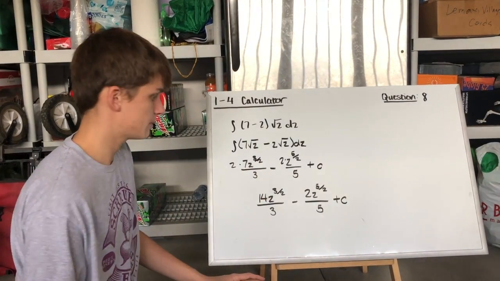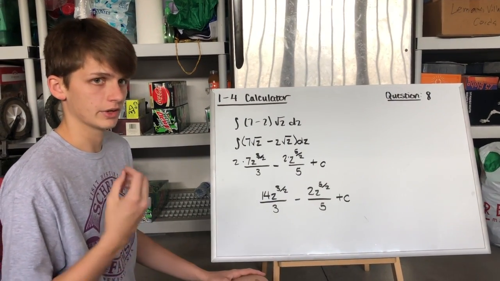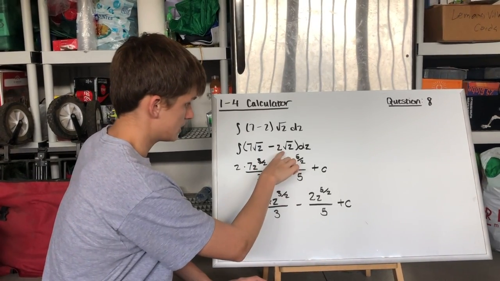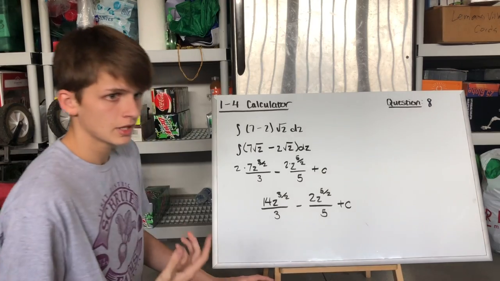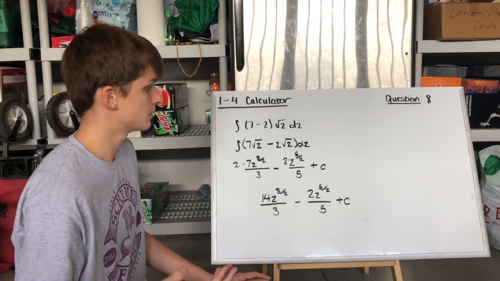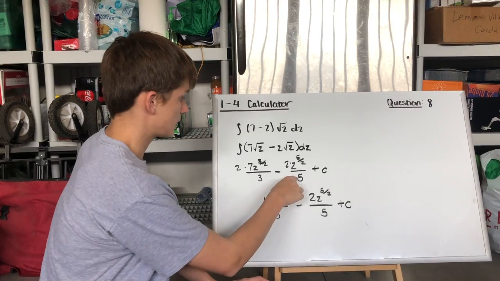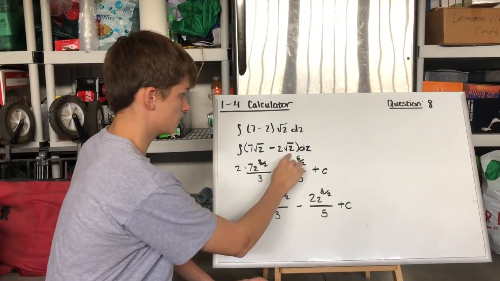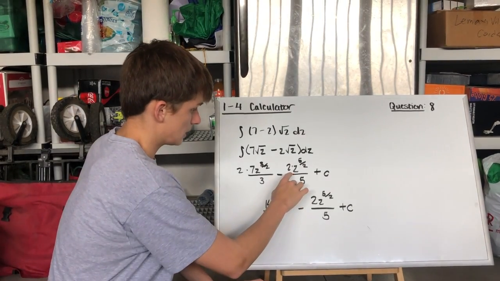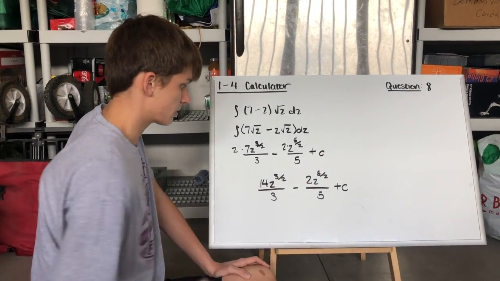And then the same thing happens with your second term. It's like multiplying by the reciprocal of your exponent. For the second term, we have z times the square root of z. In this case, we can declare that it's z to the 3/2 already. So when we add 1 to the 3/2, we get 5 over 2. That's why we have a 5 here and a 3 here: this combined is already to the 3/2, so adding 1 just makes it the 5/2. We again multiply this top part by 2, and then we have a plus c because it's our constant of